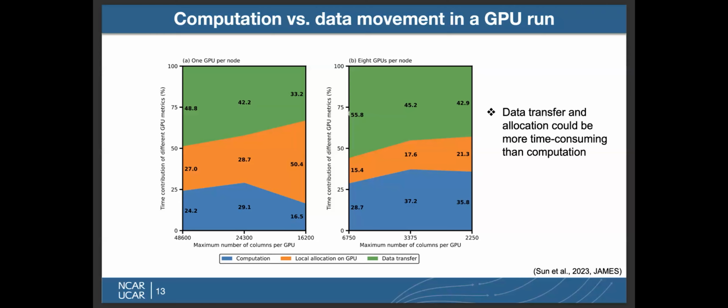As you can see, the computation on GPU, represented by the blue color, only contributes less than 40% in this case throughout all the simulations, which means that the data transfer and the allocation of temporary variables on the GPU is more time-consuming than computation in this particular case,